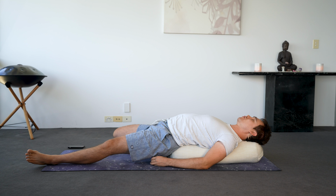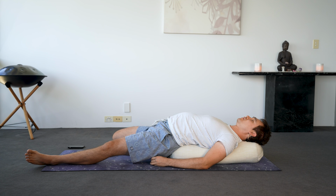This one can be quite a strong one for the hip flexor. So remembering to breathe, breathing. Allowing the hip flexor to release all of that tension, all of that stiffness, that tightness. And as it releases, we